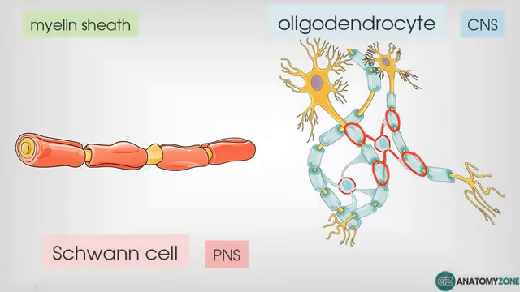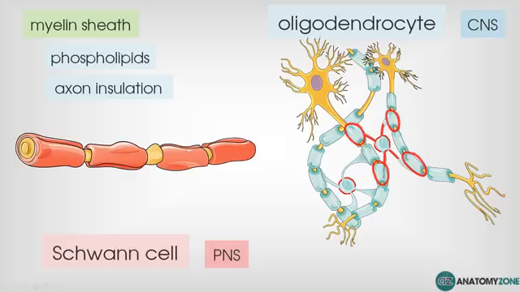So what is myelin? Well, it's this fatty lipid-rich substance. And the fat in the myelin is made from the phospholipids of the cell membrane of these two cell types, so the Schwann cells and the oligodendrocytes. And the purpose of myelin is to insulate the axon and prevent the electrical signal, the action potential, from escaping from the neuron. So as well as providing this insulating property, it also increases the speed of electrical impulse